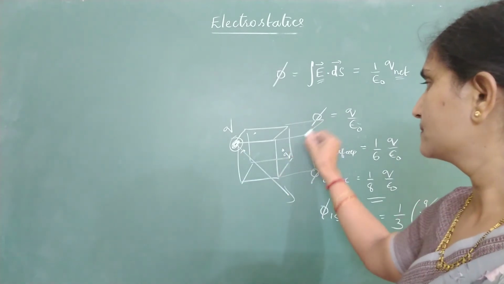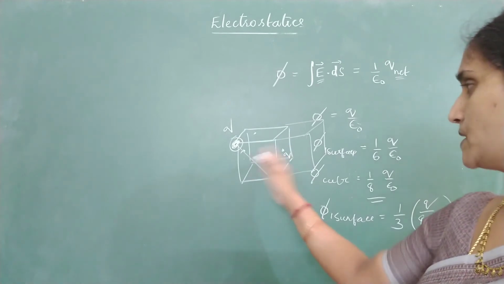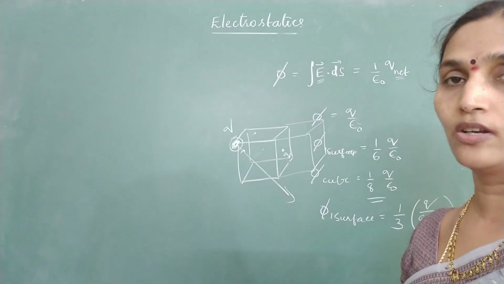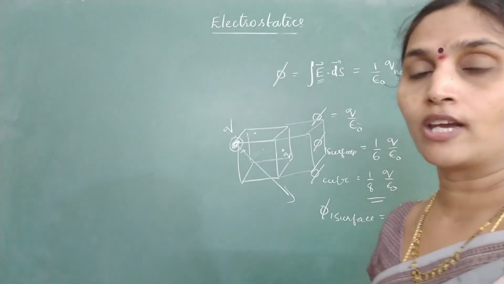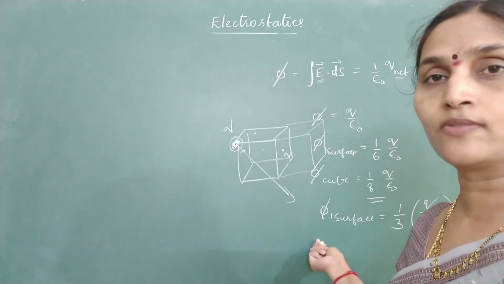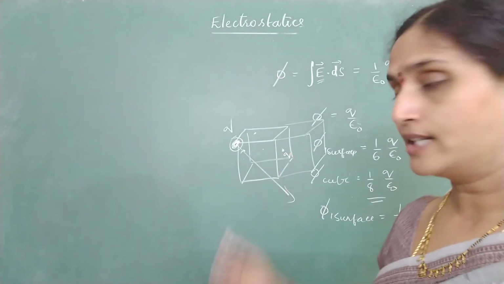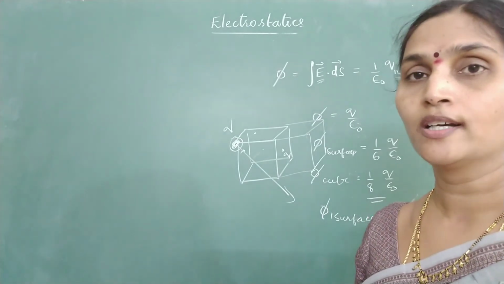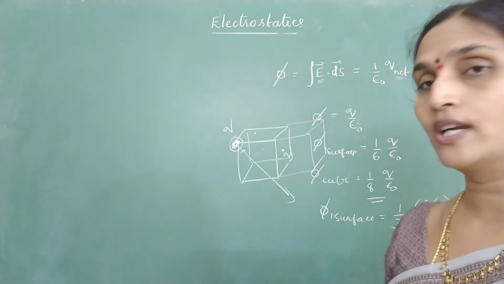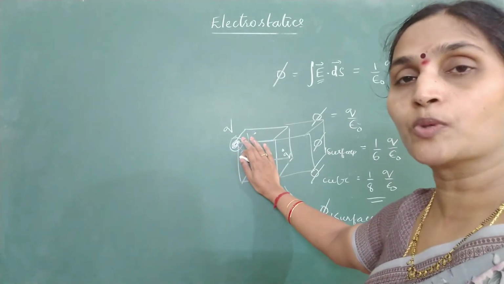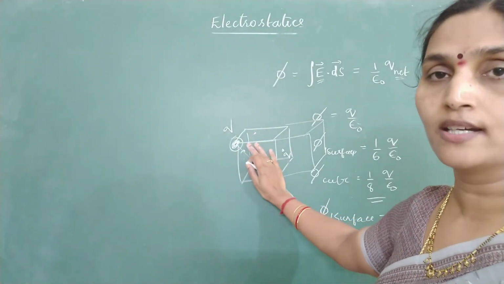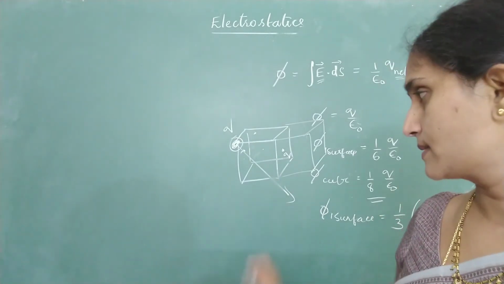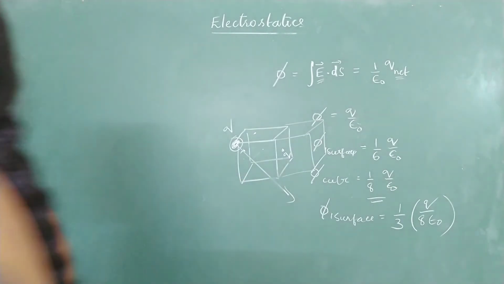Two cubes are sharing the charge. So for one cube, it will be q divided by 2 epsilon naught. So like this, keeping the charges at various positions, they may ask you to calculate the flux, which is a very simple question. Or 10 dipoles are placed inside a cube. What is the net flux? What is the net charge of a dipole? It is 0. Since the net charge of a dipole is 0, the net flux, even if you put 10 dipoles or 20 dipoles, will always be 0. So you get this type of conceptual questions regarding fluxes. Or I told you one more formula.